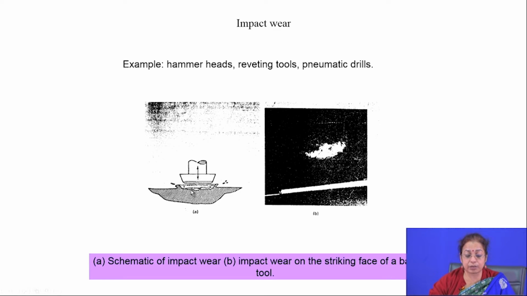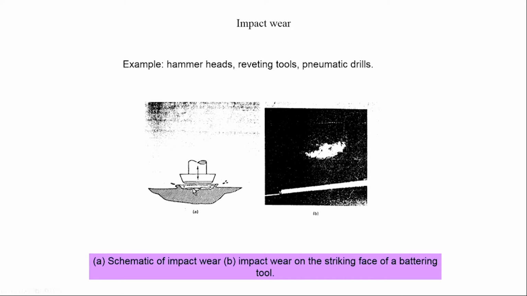So, if you see the surface, you will find that there is deformation on the surface, then there is subsurface failure, and then removal of the material in chunks. Usually, if you see the surface, you will find very big holes present in a discontinuous fashion. So, if you are interested in getting rid of or minimizing this kind